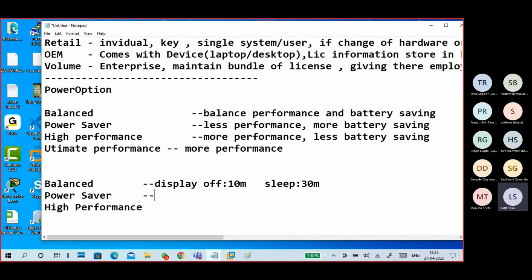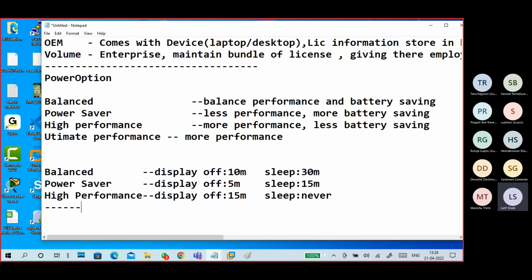Power saver: display off just 5 minutes, and go to sleep mode in 10 minutes. High performance: display will be off to save your power in 15 minutes, sleep never. These are the default settings.